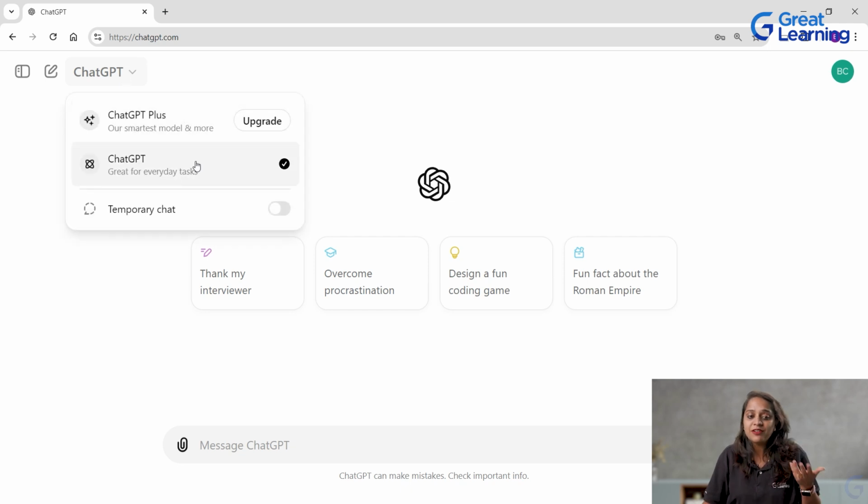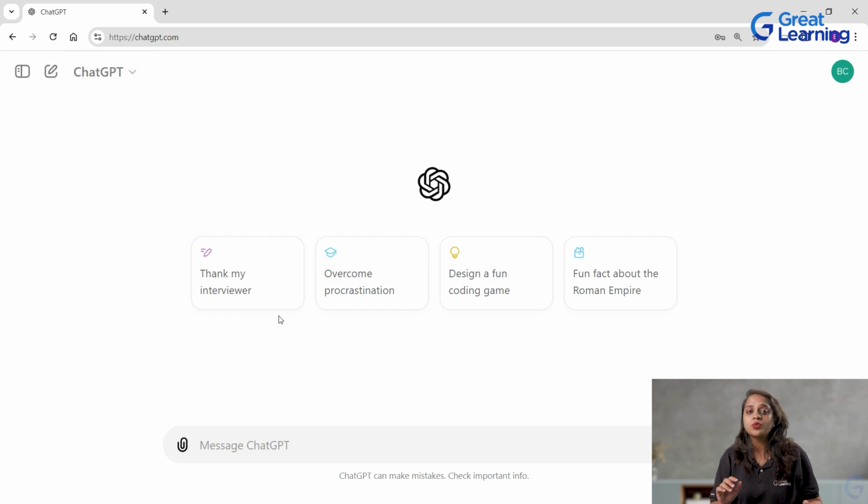It is the default model, that is 3.5, right? So let me show you how to use ChatGPT 4o Mini here on this platform for free, right? So let me give a prompt here in my prompt section or message ChatGPT. So let me give a technical question again. Give me a C++ code for swapping 2 numbers. So let me click on